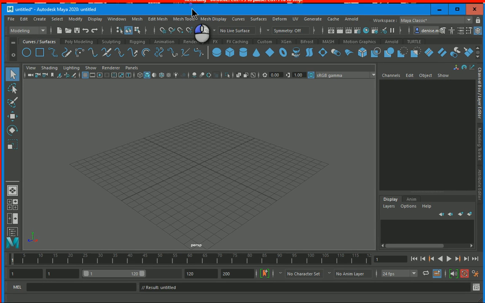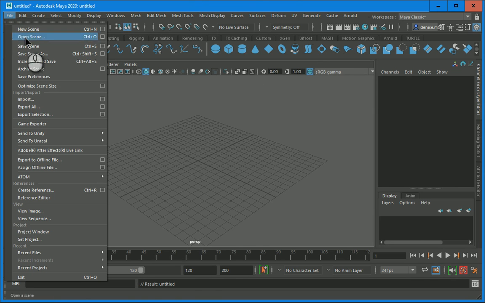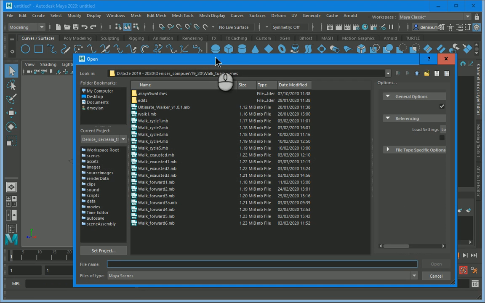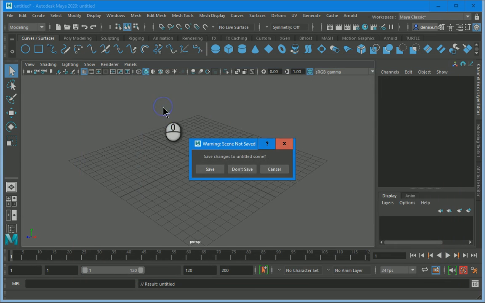Hi, we're starting on animation, so we're going to take a look at our first rig that we're going to use. I've put the files on your channel, so we just need to go File, Open. This one doesn't have a whole project set up, so it's called Ultimate Walker. I think I have yours called Ultimate Walker Start. So I'm just going to open this,